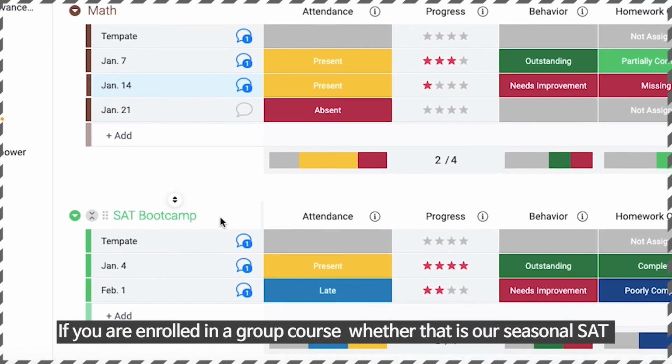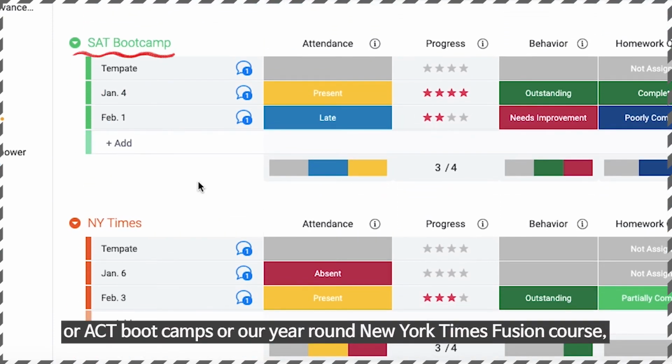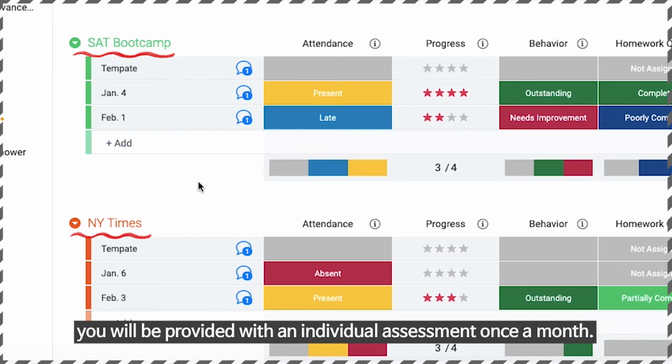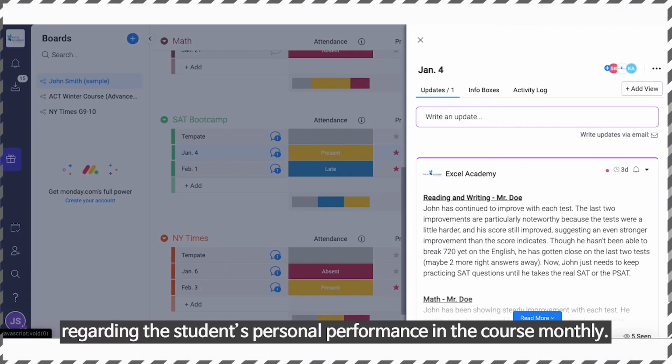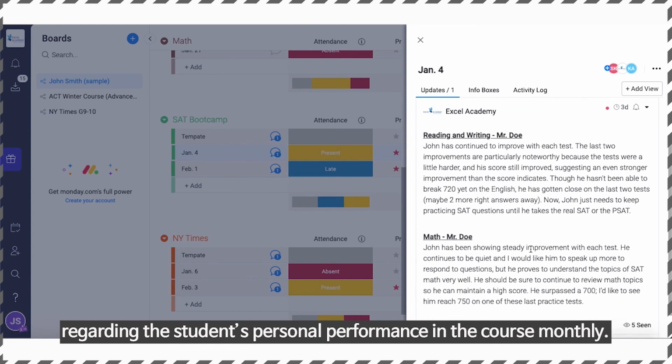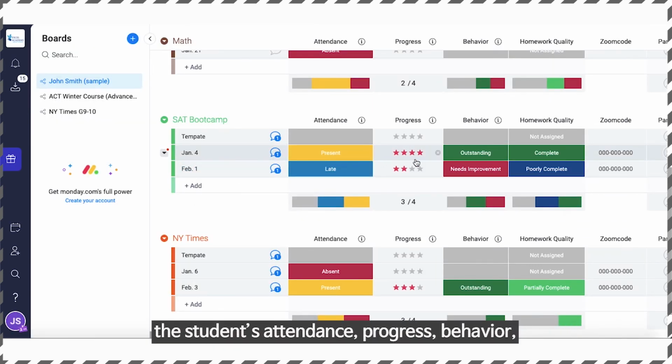If you are enrolled in a group course, whether that is our seasonal SAT or ACT boot camps or our year-round New York Times Fusion course, you will be provided with an individual assessment once a month. The instructor will provide a brief report regarding the student's personal performance in our course monthly. Similar to the reports from private and semi-private classes, the student's attendance, progress, behavior, and homework quality will also be